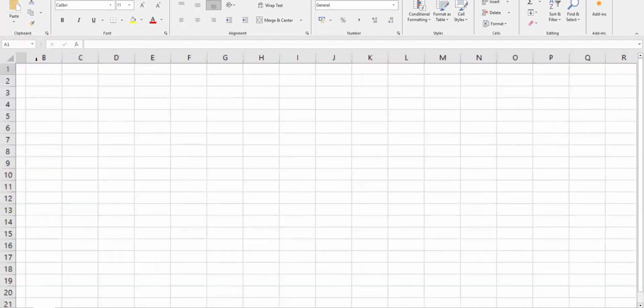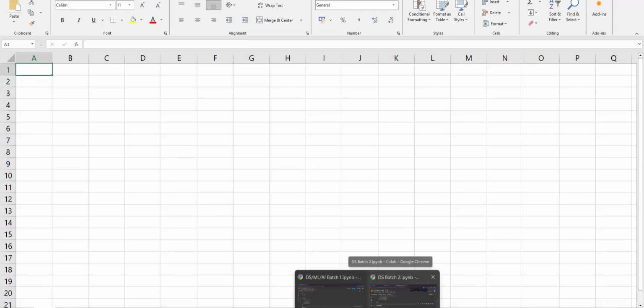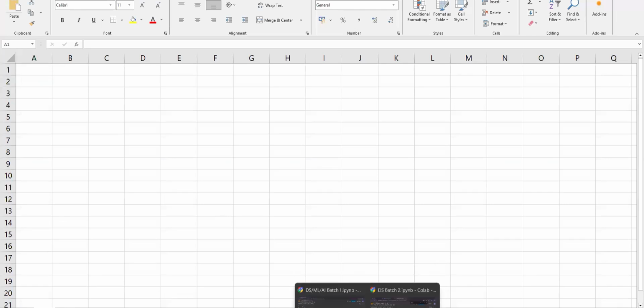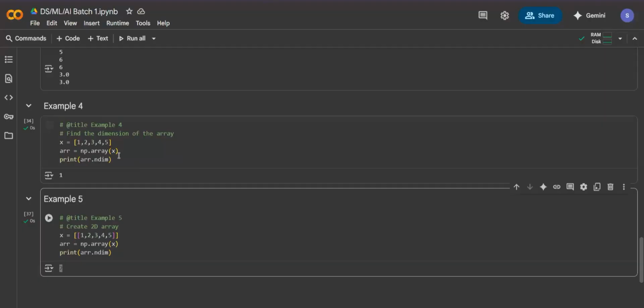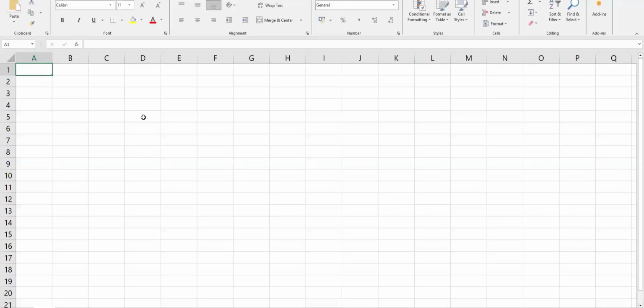Okay. So why have I opened the Excel? Because whatever we have learned just now, that is a 1D array. Let me just show you quickly. Whatever we have learned here, this 1D array, if I put it inside the Excel, can you tell me how many rows it might be having? One row? Yes or no? It will be having one row. So if I put that value here, it will be basically like this: 1, 2, 3, 4,